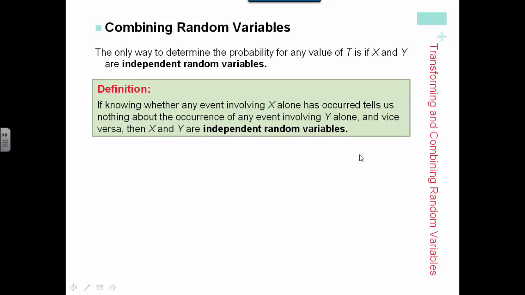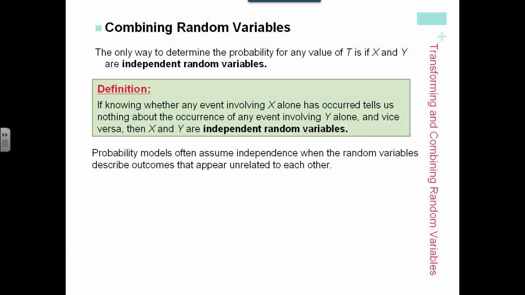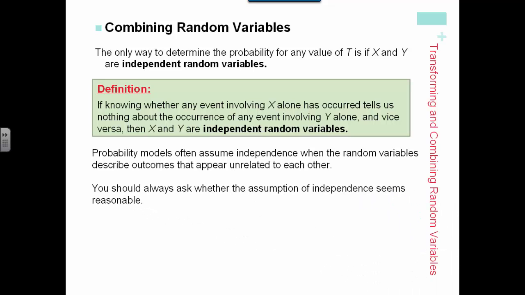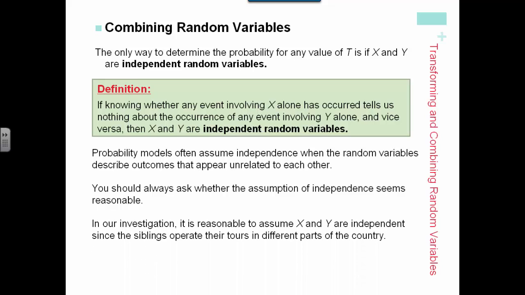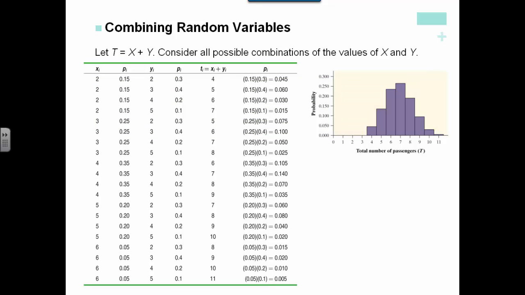If knowing whether any event involving x alone has occurred tells us nothing about the occurrence of an event involving y alone, and vice versa, x and y are called independent random variables. Probability models often assume independence when the random variables describe outcomes that appear unrelated to each other. You should always ask whether the assumption of independence seems reasonable. In our investigation, it is reasonable to assume x and y are independent since siblings operate their tours in different parts of the country. Consider all possible combinations of the values of x and y